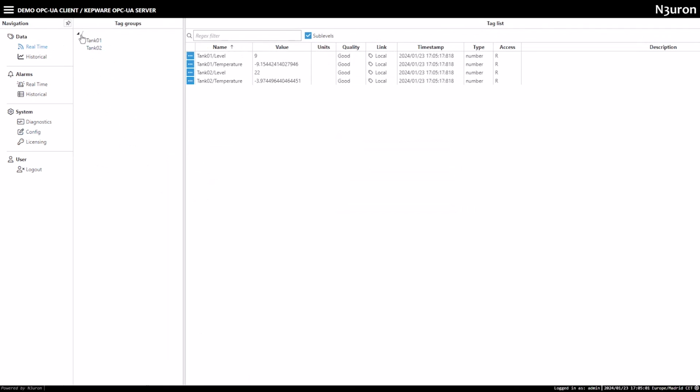Great! The tags with the readings for level and temperature for Tank 01 are now showing up correctly.